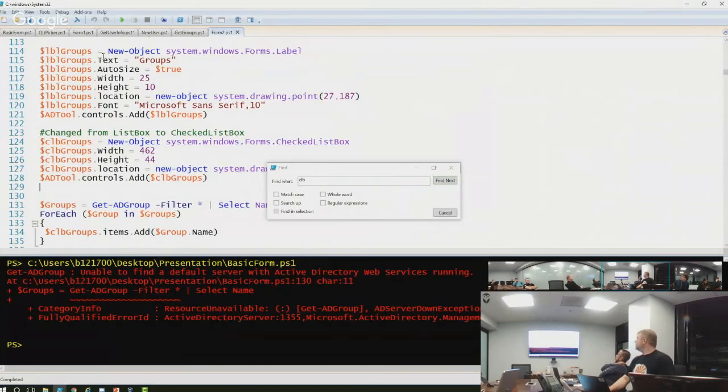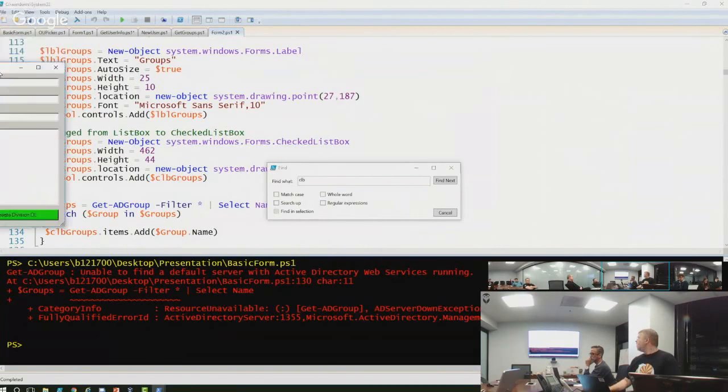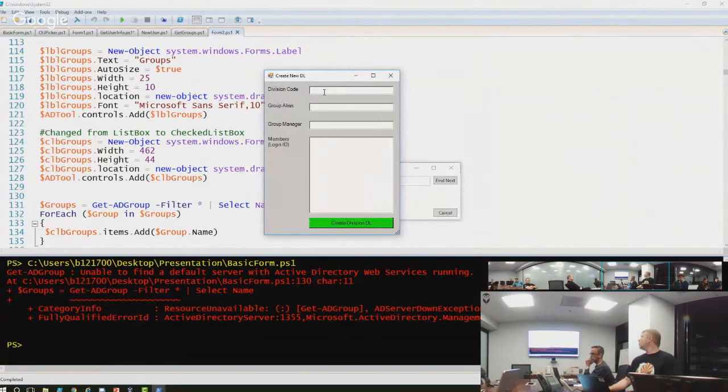So this is pretty much all that it takes to be able to take any script and give it a nice GUI front end. Just a couple of examples of some others that I have. Let me call something up here for you. Okay, so I have this one for work, for creating